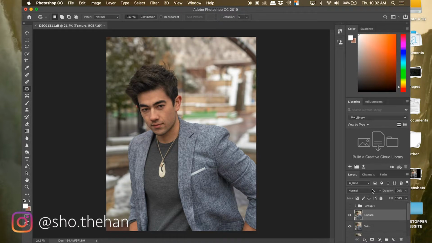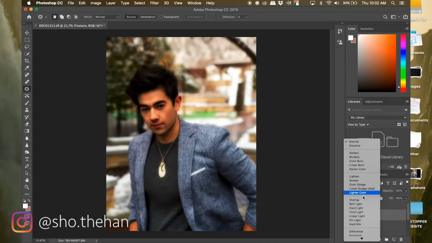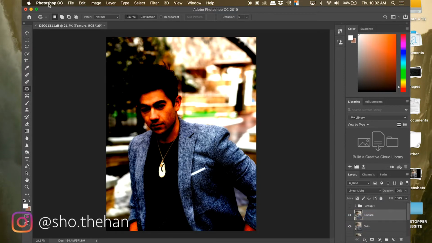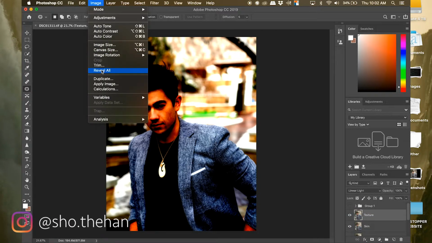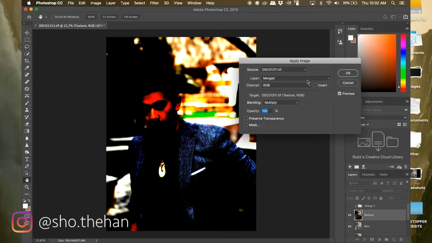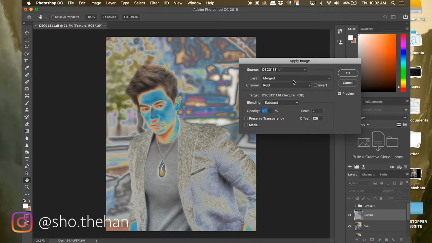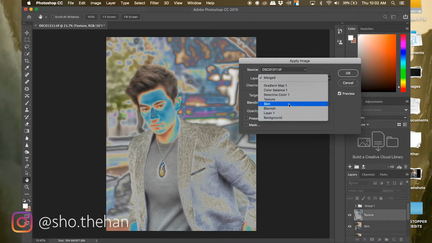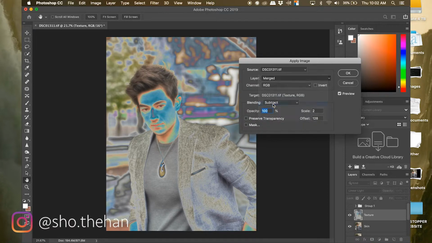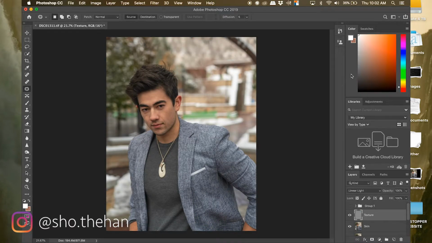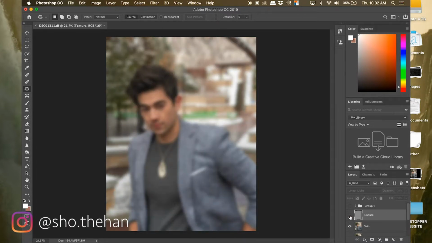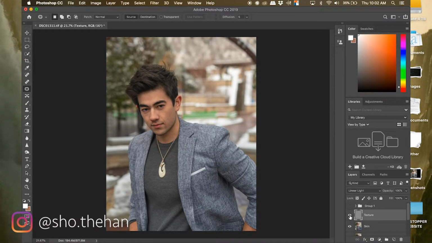Now what we're going to do here is change the blending mode to linear light. Go up to image, apply image, blending mode will be subtract. Oh yes, that looks great. And then we want to subtract it from the skin layer. And it should look exactly how it looked before. So obviously if we take away the texture layer, it's blurry, we bring back the texture, that looks just like the picture did before. And the reason why we do this is because we will add a layer in between the